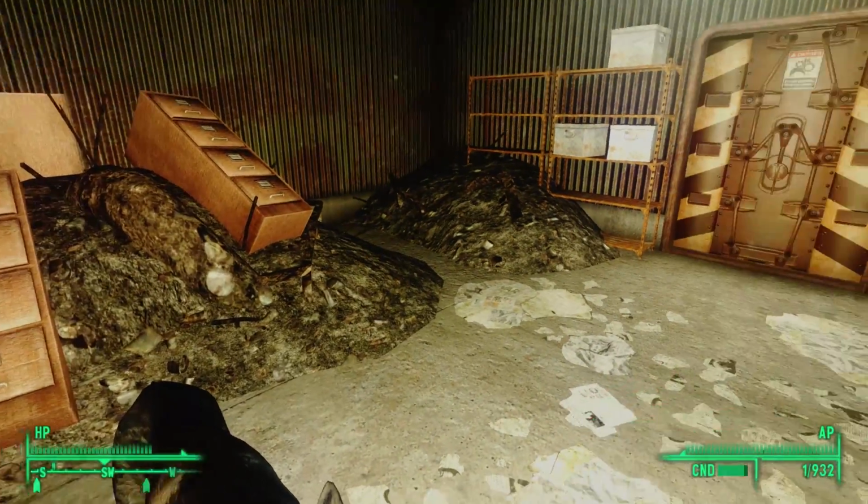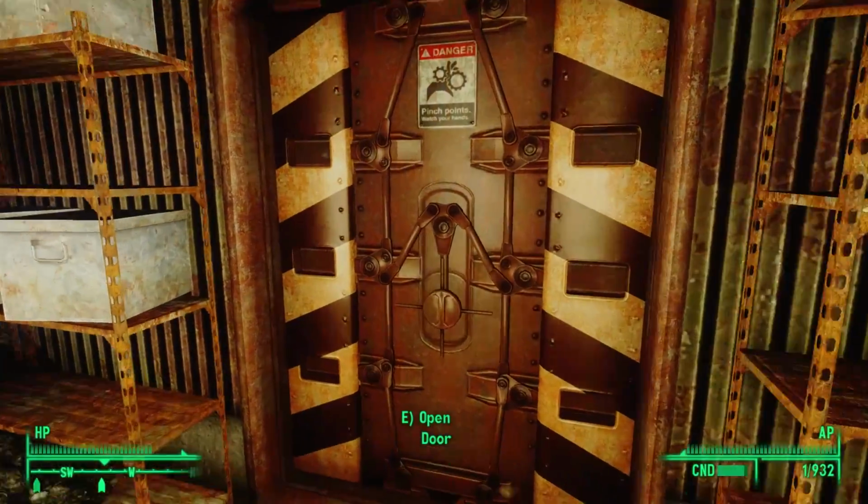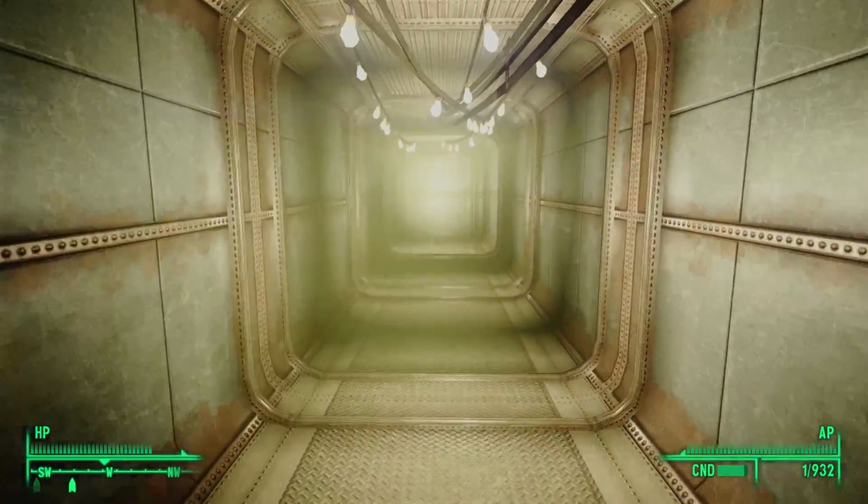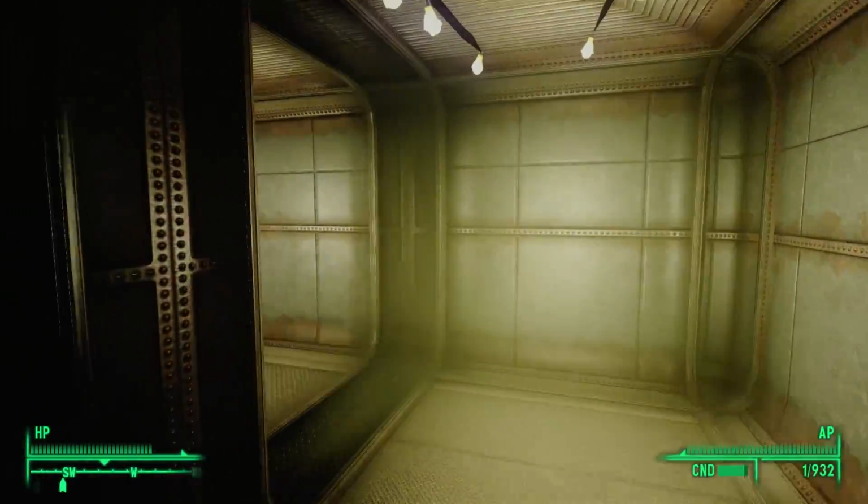We arrive in a small room with a few boxes to loot, and then we can open a door to the west. This leads to a tunnel lined with strings of lights, and as we emerge at the end of the tunnel,